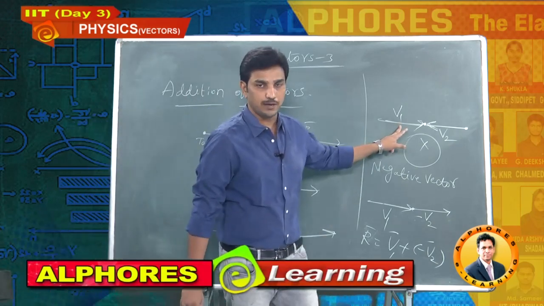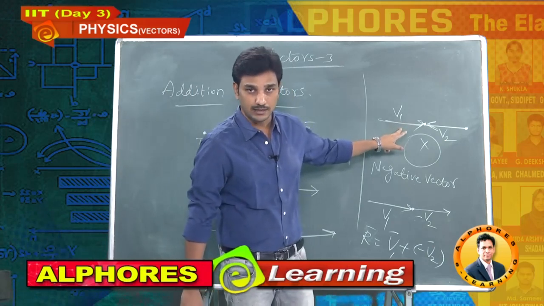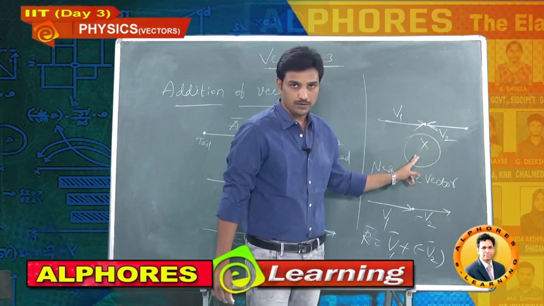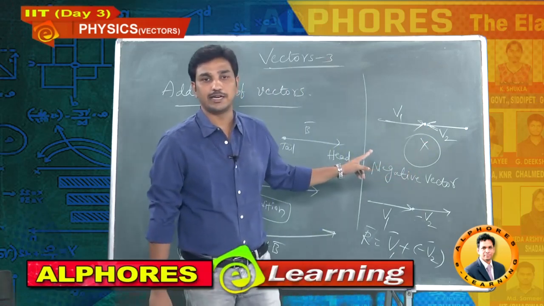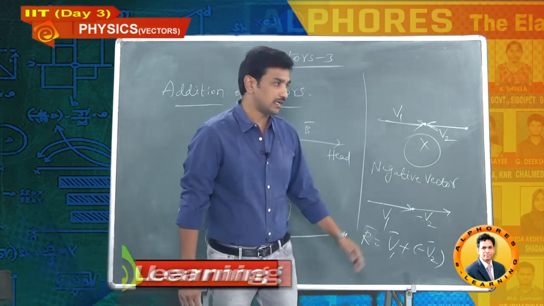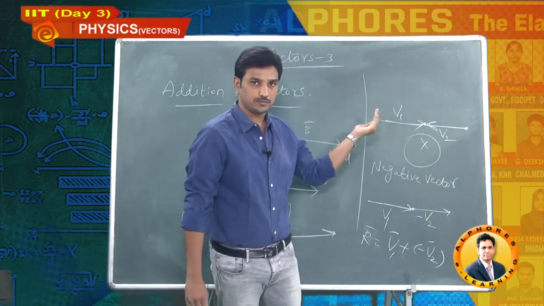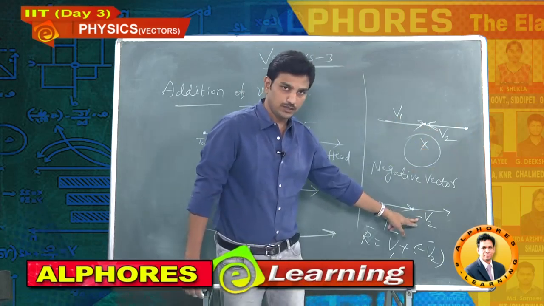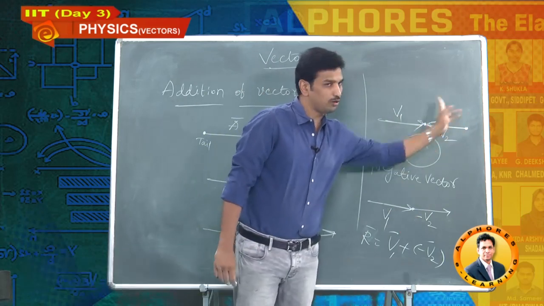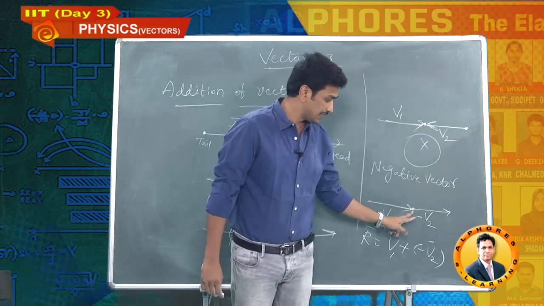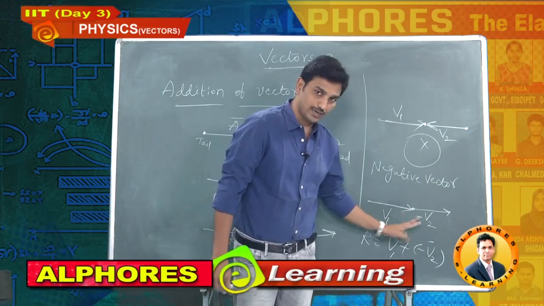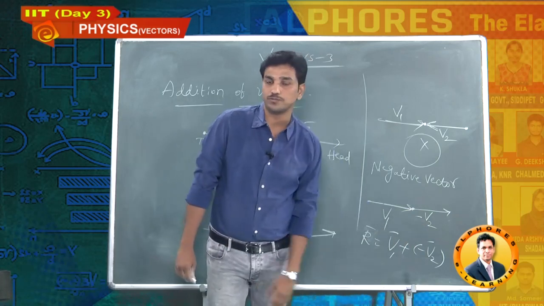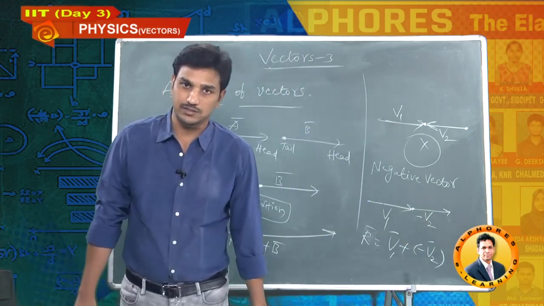I took one example. We cannot add two vectors in this manner. It's a wrong method. V1, V2 head to head joined, it's wrong. What I did, I have taken the help of the negative vector. What is the meaning of negative vector? V2 going in this direction. Now just reverse the direction of V2, then it will become minus V2. Now tail will come this side, head will go that side. Head connected with tail, now I can add these two vectors. The resultant of these two vectors is V1 plus minus V2. In this way we will add two vectors.